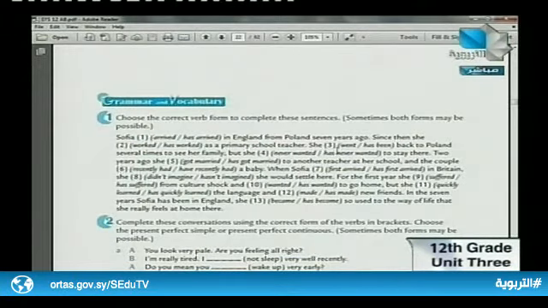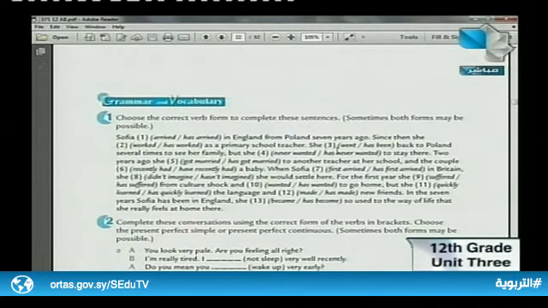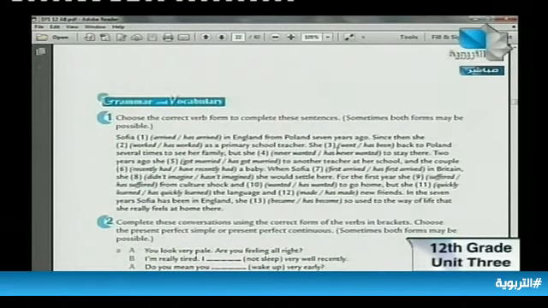Why? Because it is a compound sentence. Here we have 2 clauses related together, connected with each other. But if he chooses the present perfect in number 3, he has to choose the present perfect in number 4. Because we don't have a fixed time, we can use both, because both tenses talk about something that happened before now. She went back to Poland several times to see her family, but she never wanted to stay there. Or she has been back to Poland several times to see her family, but she has never wanted to stay there. It's okay.